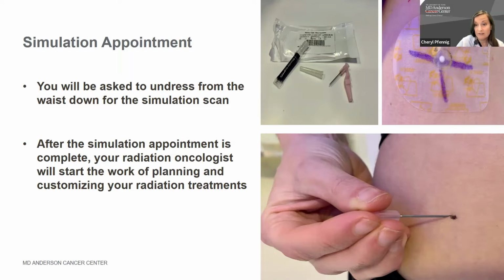After the cradle is made and the genitals are protected, we will take a quick CT scan to make sure the spine and pelvis are straight. The radiation therapist may make some final adjustments to your position before taking the CT scan. Finally, a CT scan is done, focusing on the treatment area. The radiation oncologist will review the CT scan and make sure they have all of the information they need to